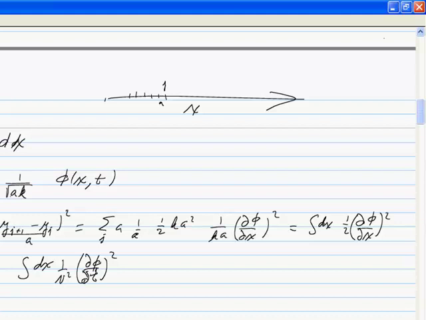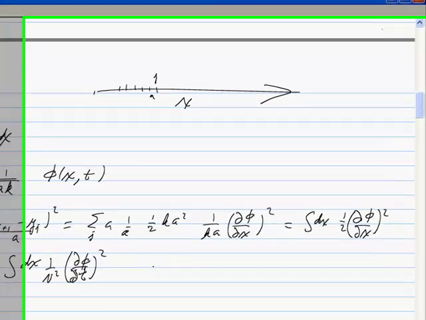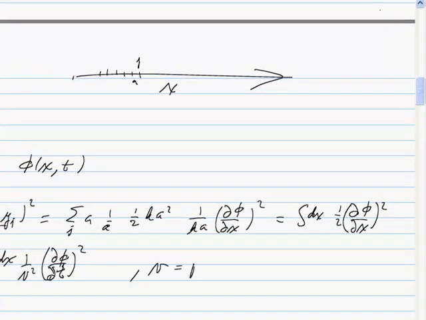As I say, it's worth paying attention to some of these things as we go through it, just because the normalization actually turns out to be important. So in the second one, everything that doesn't turn into d phi dt gets collected into 1 over v squared, and we get v is the square root of k a squared over m.